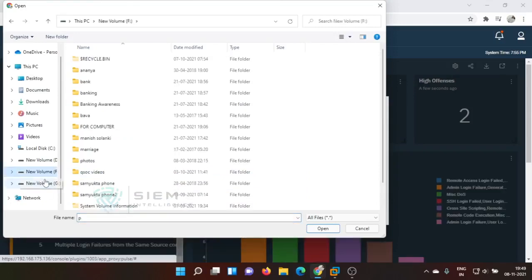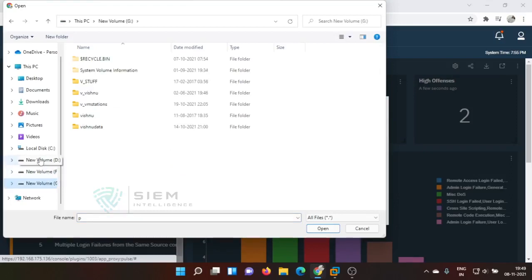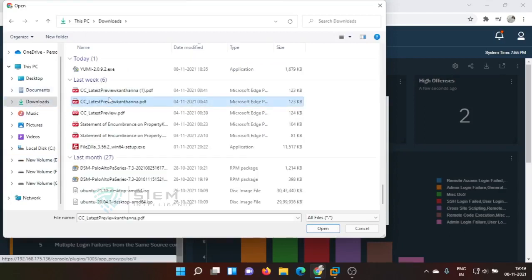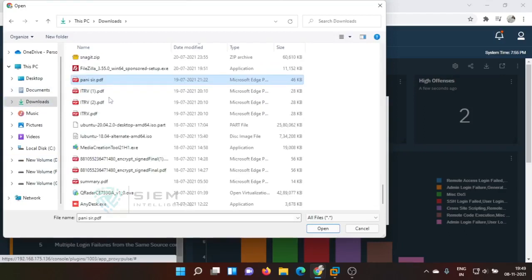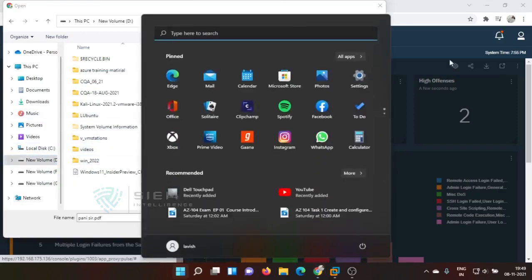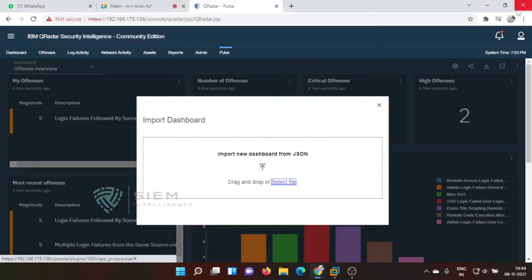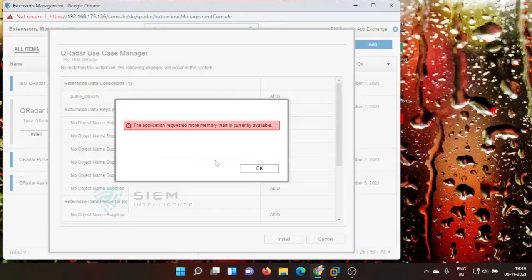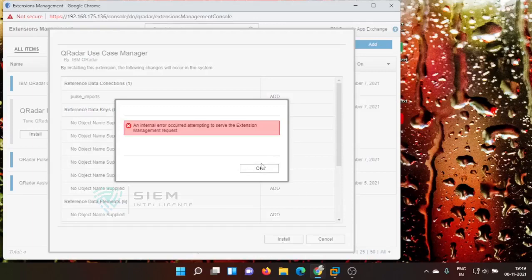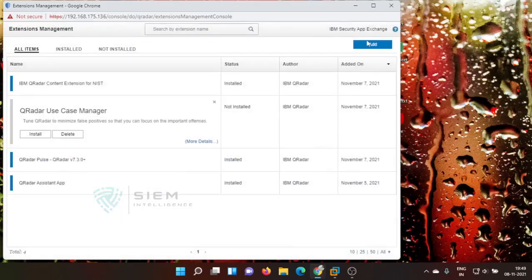F drive, is there anything? D drive might be there. Some dashboards. Wait, I'll come back with the applications. It requires some more memory. It's okay. It's not taking, no worries.